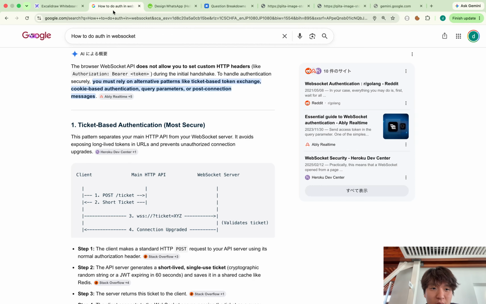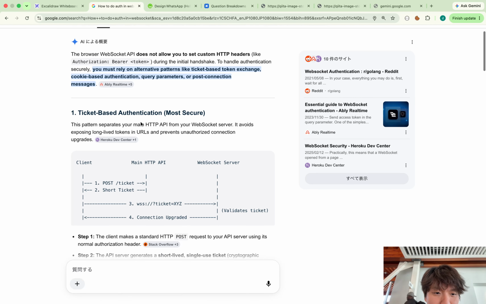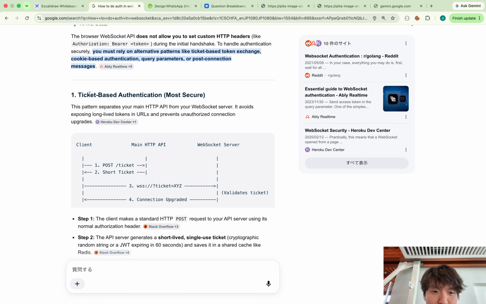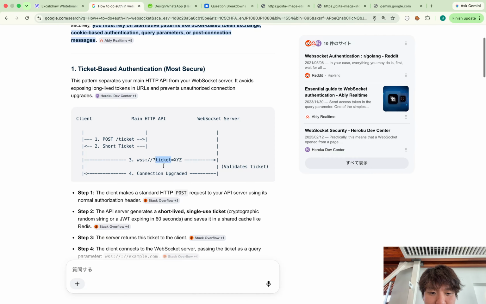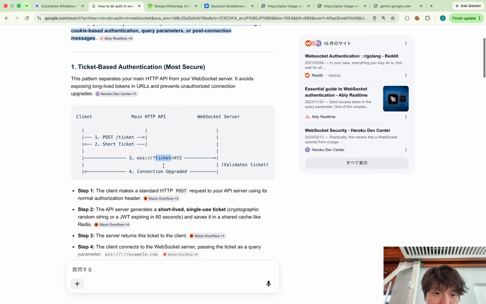Okay, so I searched something here: how to do authentication on a WebSocket connection. We cannot use HTTP headers, so it says ticket-based authentication. First we make a request with HTTP and get a ticket, and use that ticket as a kind of session token for the WebSocket connection.